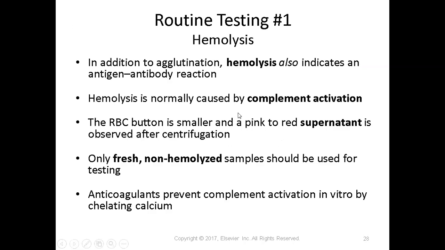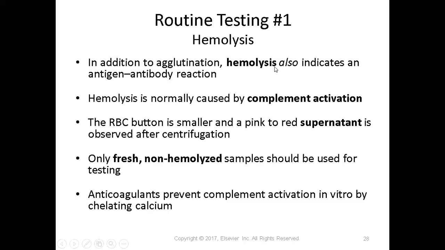So we're going to go through some tips about routine testing, and we'll be talking about some of these things in lab as well. So we learned on the last slide that agglutination is the main way that we tell whether an immune complex has formed, when we see those red cells agglutinating. However, in blood bank, hemolysis also can indicate that an antigen and antibody have come together to form an immune complex. And you guys remember from hematology,